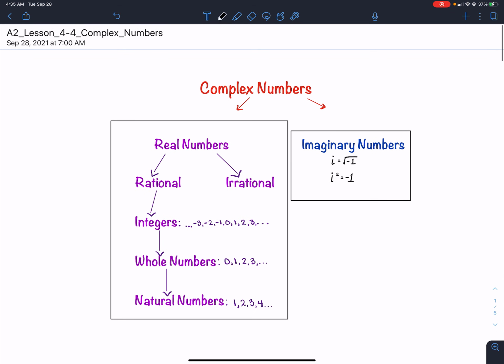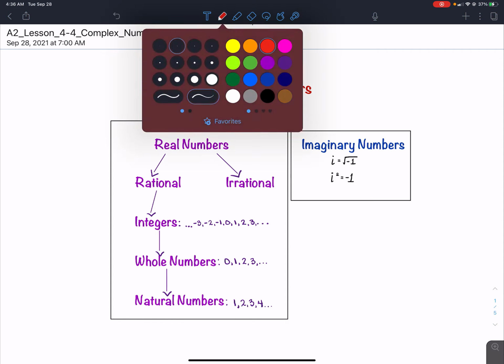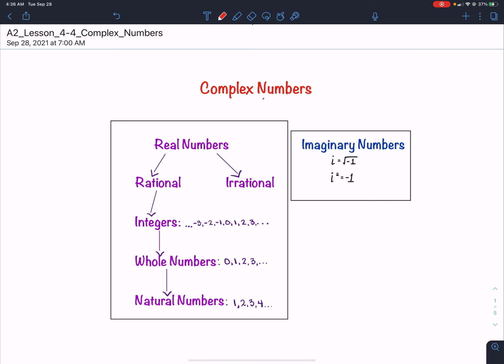So up here, you guys back in Algebra 1 talked about real numbers: rational numbers, integers, whole numbers, natural numbers. Now we're bringing into it imaginary numbers, when we have a negative underneath the radical. Okay. So we are going to make complex numbers, where we have real numbers that are going to be referred